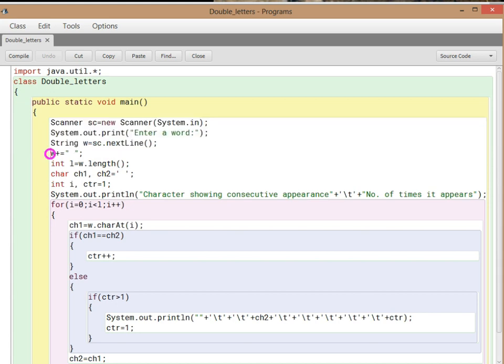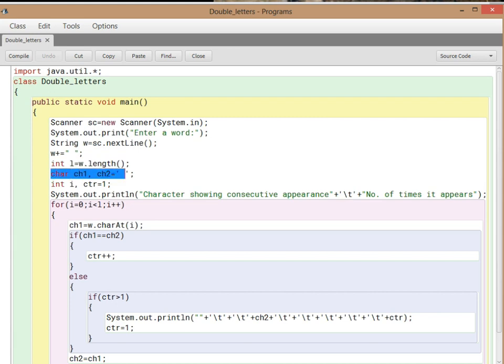Now remember, one space is added after the sentence, that is, if the word is hello, then after O one extra space will be added explicitly. Then int l equals w.length(), in which the length of the sentence including that extra space will be kept in variable l.